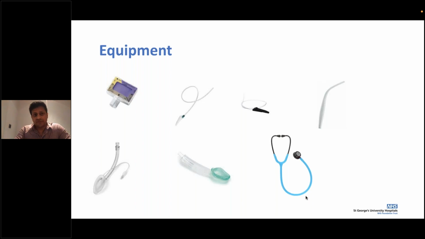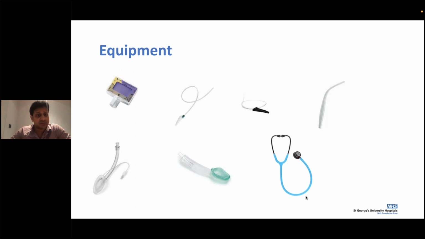Further equipment to keep in focus is your EtCO2. It's your end-tidal CO2 marker, which is one of the ways of making sure that the endotracheal tube is in a good position. I've put in a picture of one of these, but at St. George's we have a slightly different one, which looks different. And we know now with NLS, though this session is not NLS training, that the Guedel airway has been replaced by the LMA.